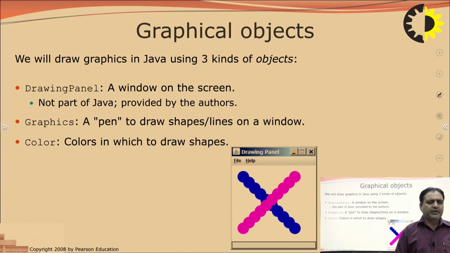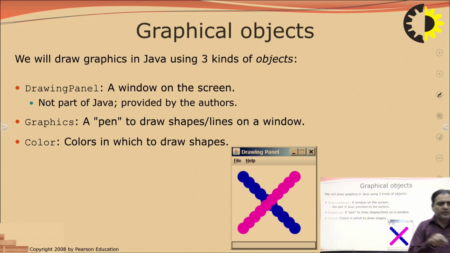The drawing panel is a panel on which you can draw. Drawing panel: a window on the screen, not part of Java, provided by the authors.